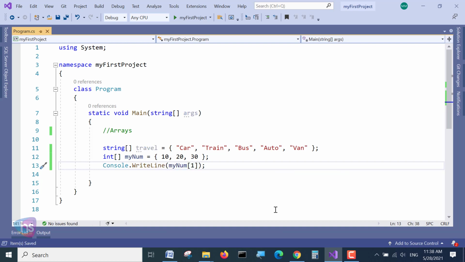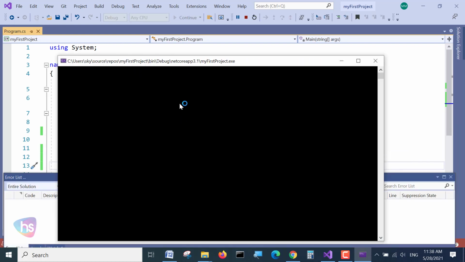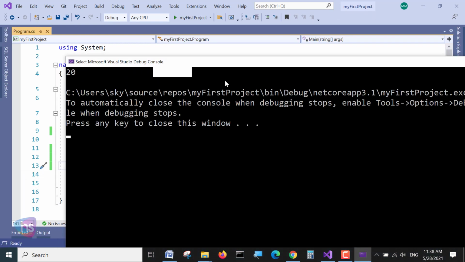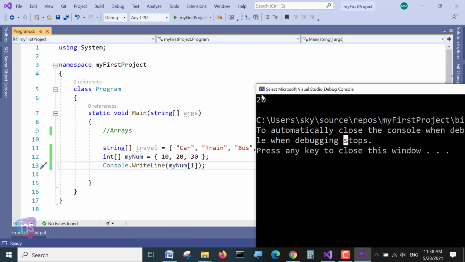The same way you can read integer values as well. If I put my num array reading index position 1, I may get 20 as my output. Let's see. Save this. At any time you need to save and run the program, then only you will get the proper output. Otherwise the memory may still be allocated for earlier values and you may not get accurate output. So whenever you change a C# program, save the program and rerun.